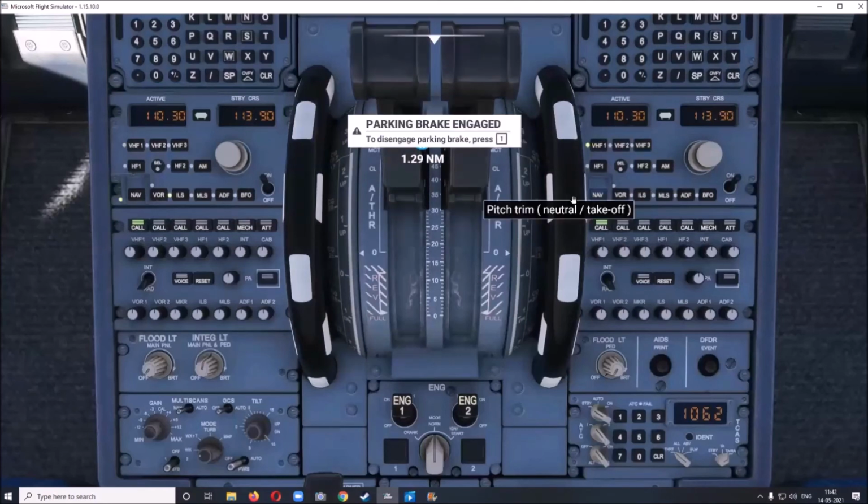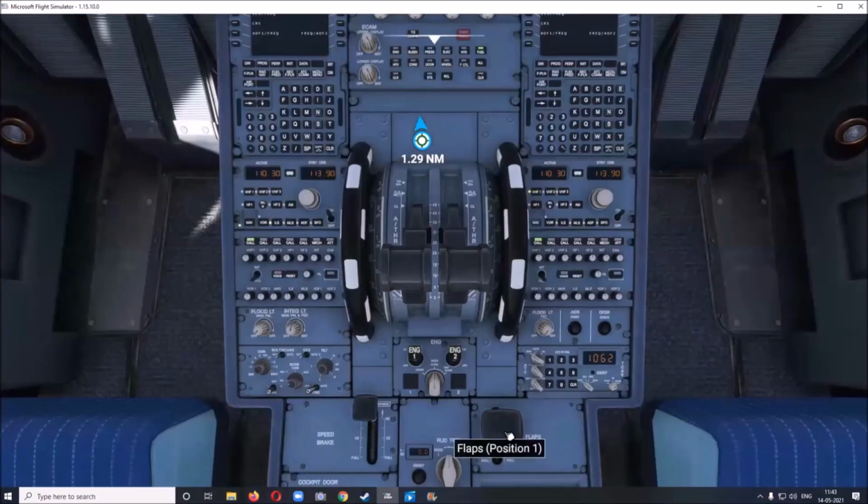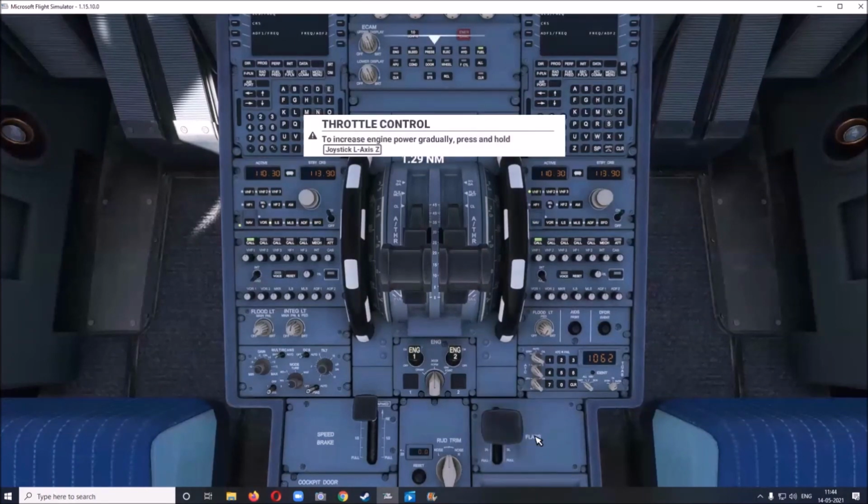These two pitch trim wheels assist the plane in pitching up and pitching down. These are the engine masters. Engine 2 for the right side, engine 1 is the left side, and this is the starter knob. This is the flap position. This is the maximum for landing, and this is the position for takeoff.